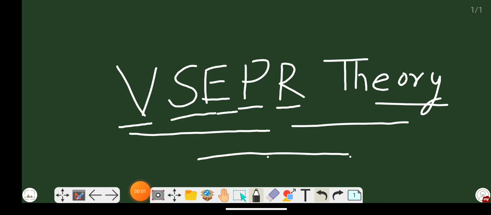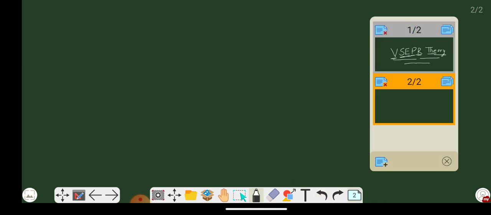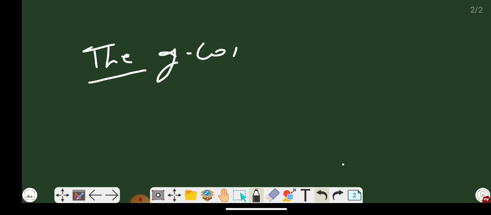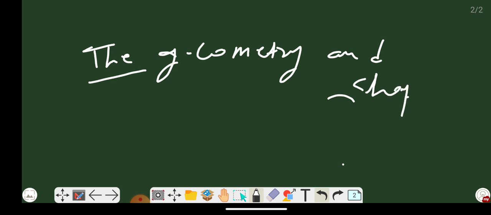Hello students, today we are going to discuss the valence shell electron pair repulsion theory. In this theory we will discuss the geometry and the shape of molecules. Now the statement of VSEPR theory is the geometry and the shape of a molecule